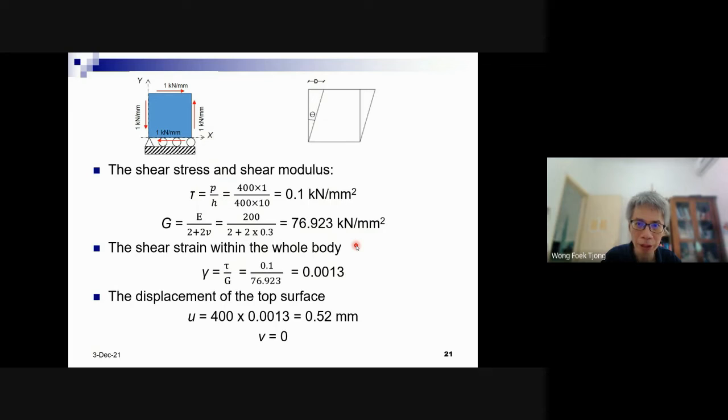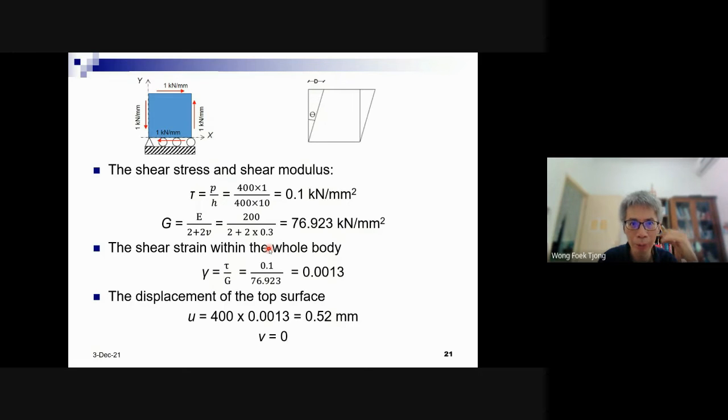Okay. How about the displacement? D is just theta, this one, times this one. Because this is actually not theta, this is the kind of tangent, right? The shearing strain is just like tangent theta. Tangent theta times 400, so this is 0.552, and there is no displacement in the vertical direction, only in the U direction. Any questions regarding this one? So it's good before performing finite element analysis to know the exact solution.